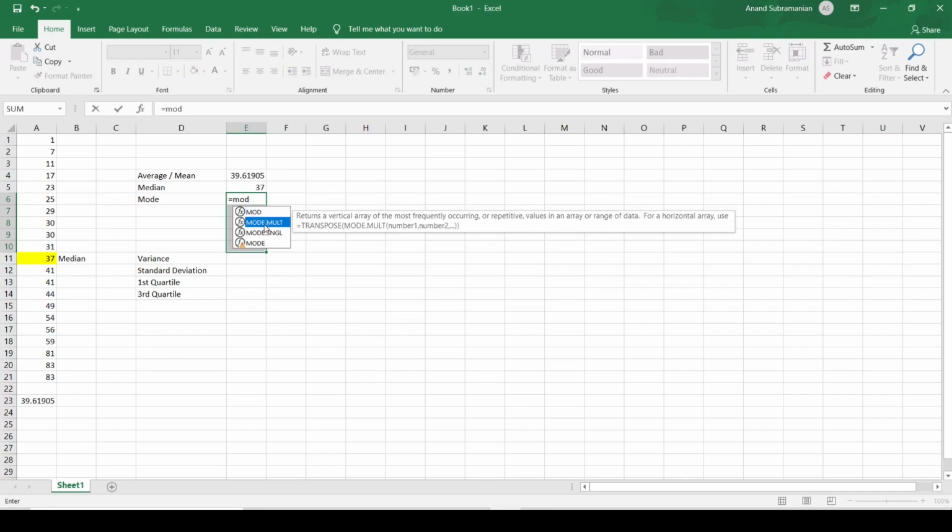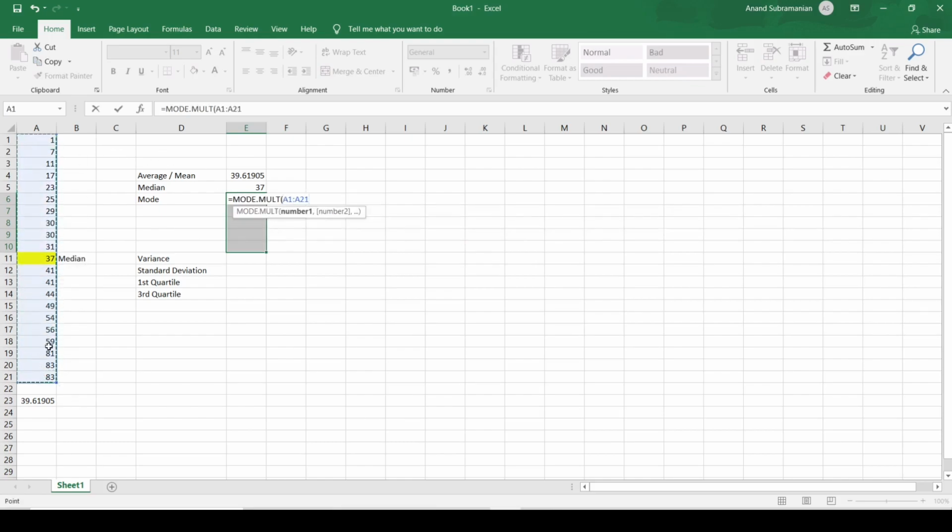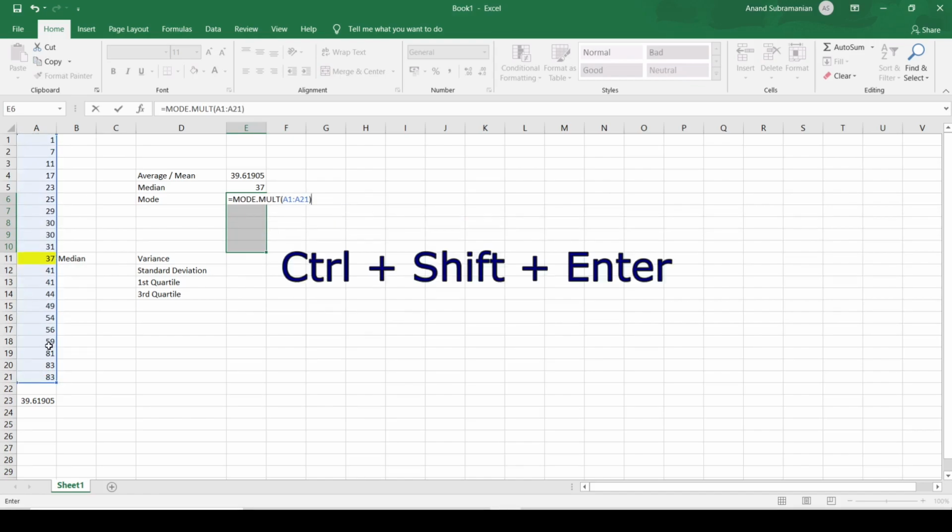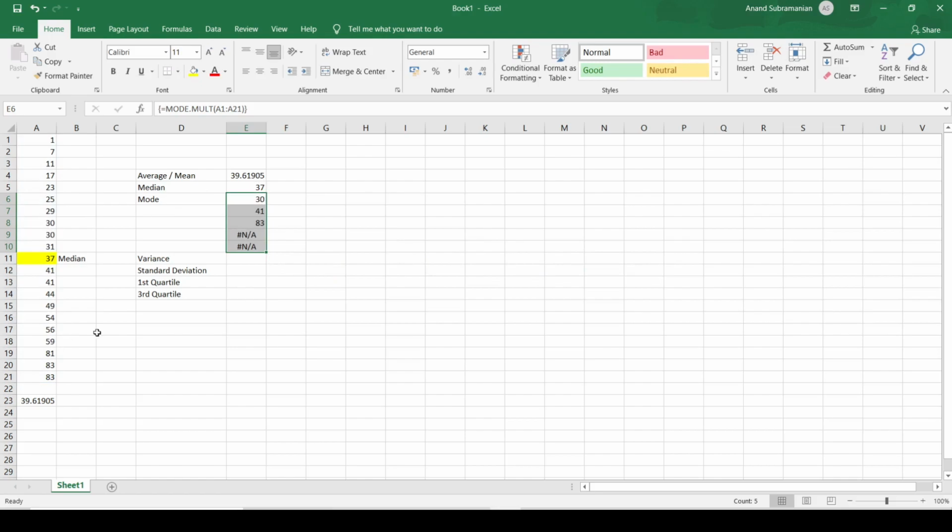If I select this, it returns a vertical array of the most frequently occurring or repetitive values in an array or range of data. So if I select this and once again select this entire array, I cannot just click on enter. I need to press Control Shift and then Enter. Only then it will capture the other elements as well.